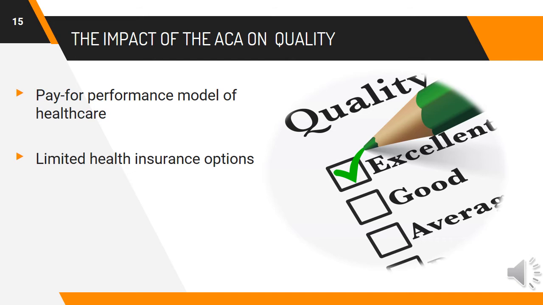The availability of health insurance options is a variable impacting quality. Affordable Care Act provisions such as the requirement that insurers must cover pre-existing conditions has caused insurers to voluntarily leave the health insurance marketplace. Individuals resort to purchasing short-term health insurance policies or elect to pay the Affordable Care Act fine for not being properly insured. Consequently, individuals who are uninsured or underinsured will have poor health, ultimately affecting quality.